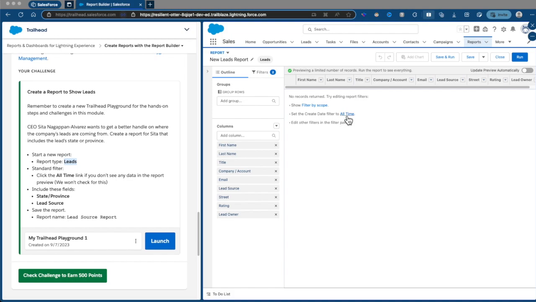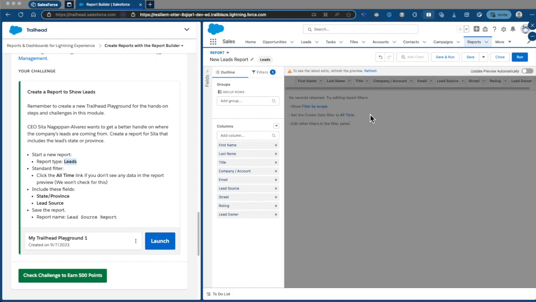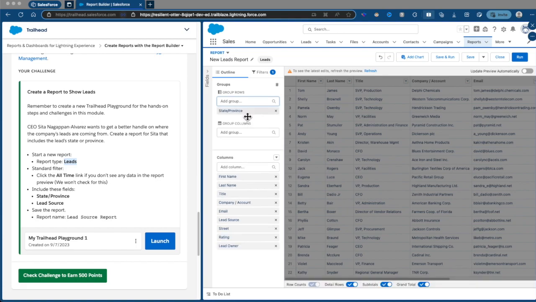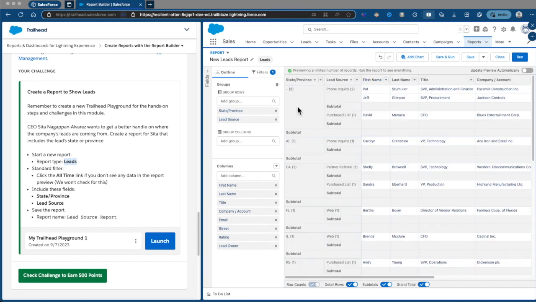Let's click on Filter for All Time and refresh. So here let's add the fields State, Province and Lead Source. Once we have done that, let's refresh the page and let's save the report